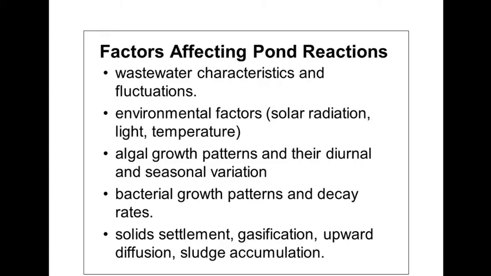Solar radiation and light help the photosynthesis process, and due to photosynthesis they release oxygen, which increases the oxygen level in water and helps the oxidation process. So temperature as well as solar radiation and light help with photosynthesis, oxidation of organic matter, and also the dissolved oxygen. So these are also various factors which affect the effluent which comes out from the stabilization pond.